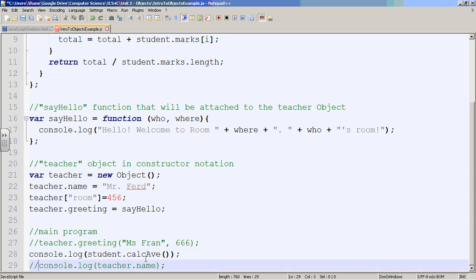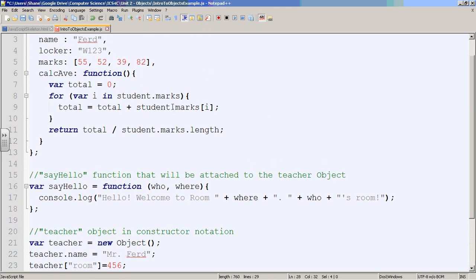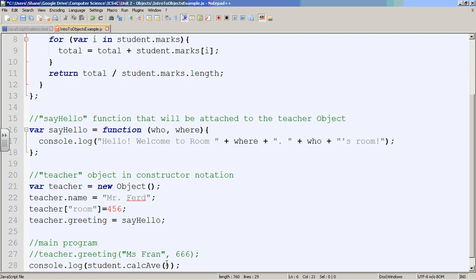So if I want to run the method, this is going to actually go student.calcav. Now notice, because it's a function, those two brackets are there. And notice in this case, the calc function expects no parameters. There's no parameters in there. It's just going to run student.calcav. So if I save this and refresh,